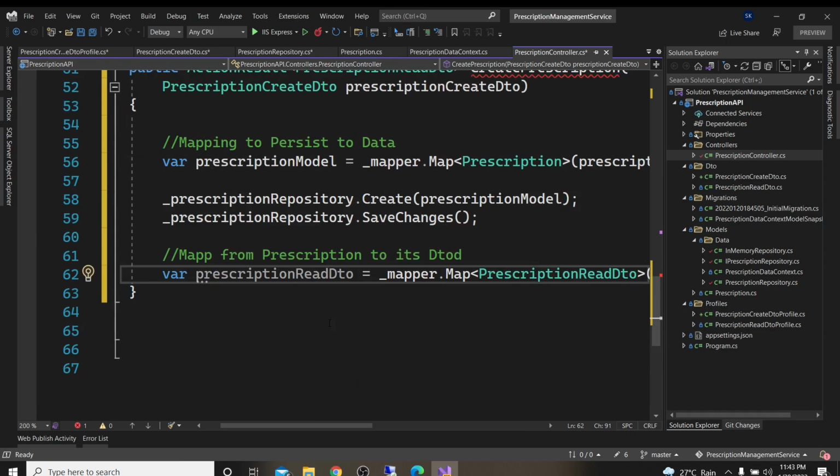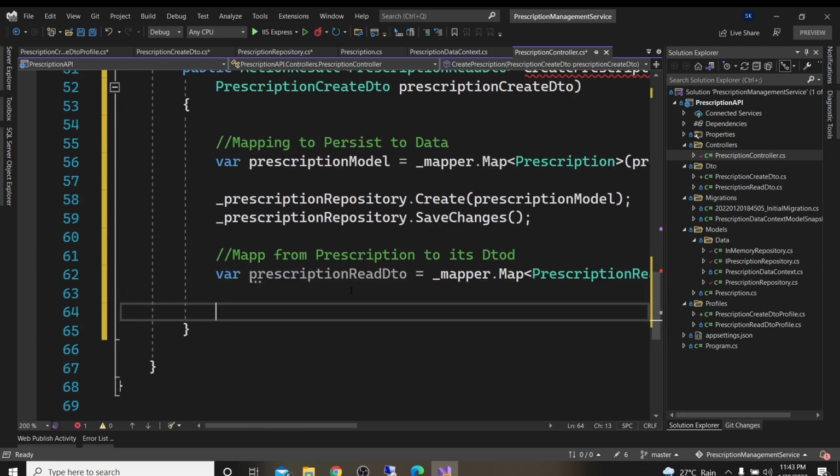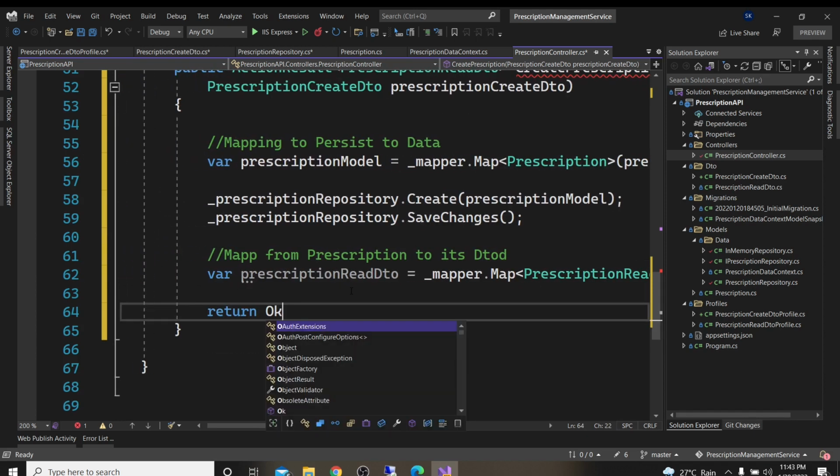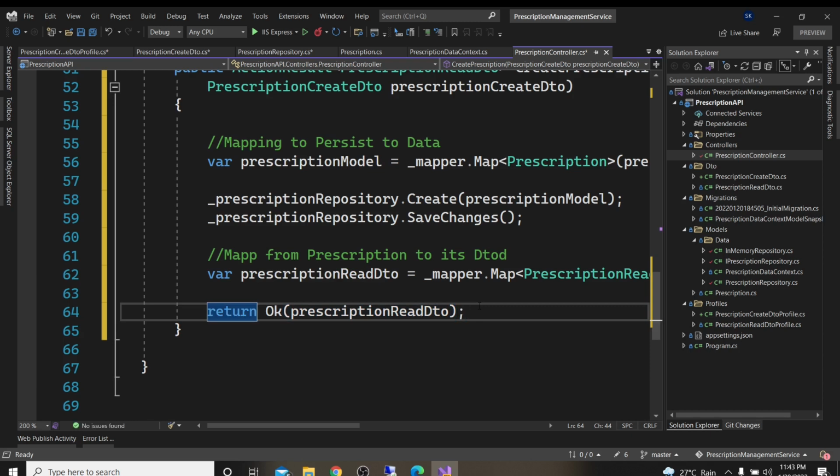Now here we've what? We've mapped. What most developers do, they'll return a 200 here. They'll say okay, and they'll just return like that. Well, this works. It sends you back whatever you've created. But guess what? We are not like most developers. We are professional developers and we do things the right way. We have said if you have our API, we're going to give you back whatever you've created plus its location,